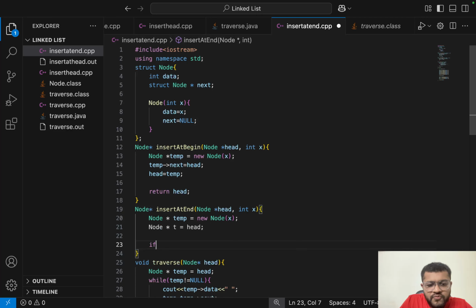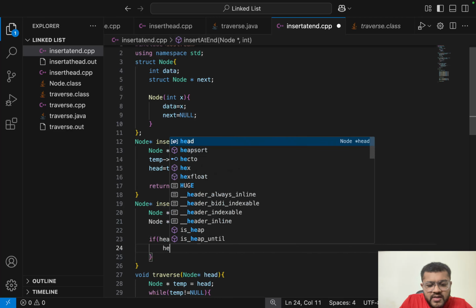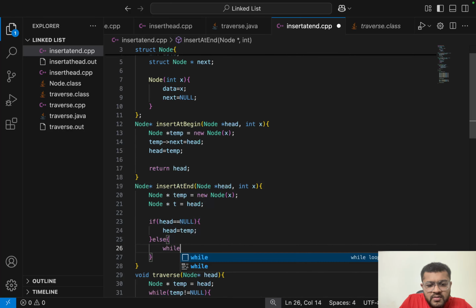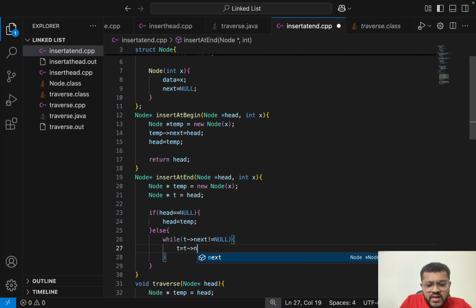Okay, now if your head is equal to null, then in that case head is equals to temp, else I would say while t next is not equal to null, t is equal to t next.